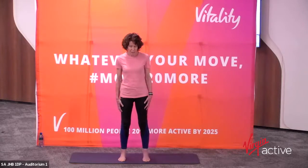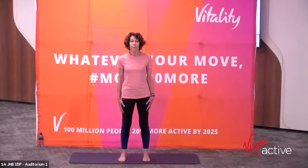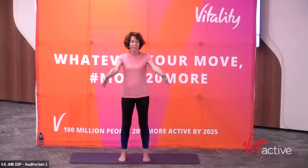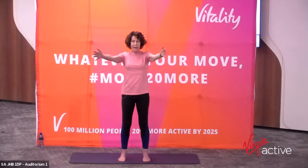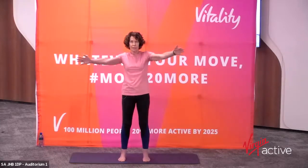Let's start our stretch. We start with some breathing exercises. Your feet are slightly apart, hip distance apart, and your core is engaged. Let's stretch the arms forward. Take a deep breath in and exhale. Open your chest. Inhale